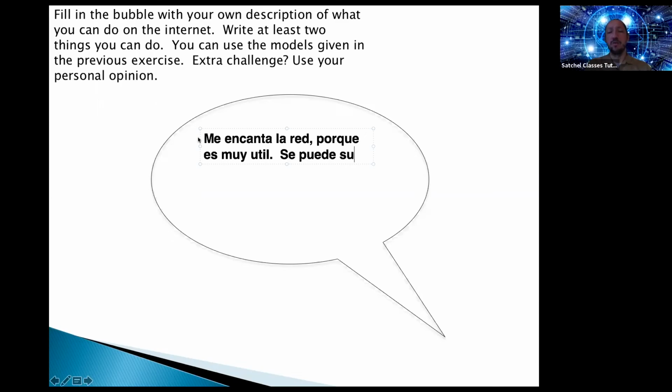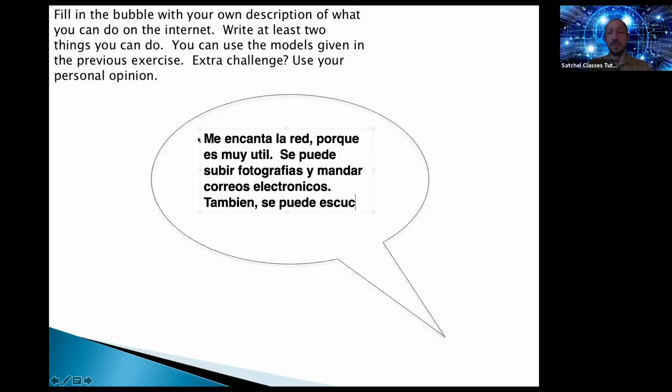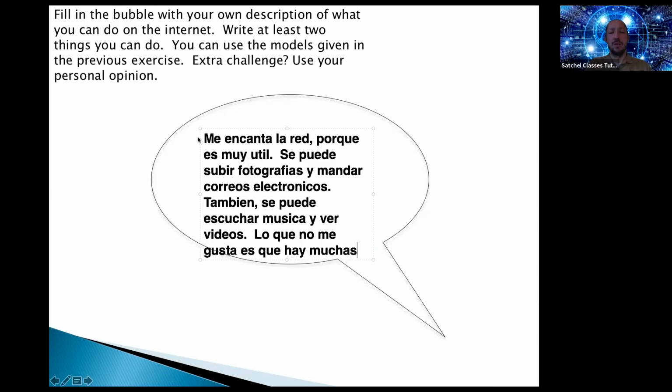Se puede subir fotografías y enviar o mandar correos electrónicos. También, that's a very good connector. Se puede escuchar música y ver videos. Lo que no me gusta es que hay muchas noticias negativas. And there's a sentence there that you can use